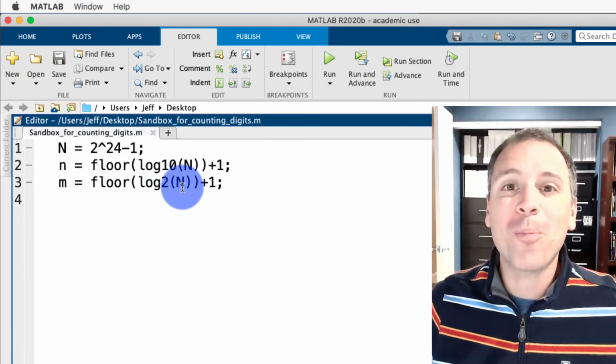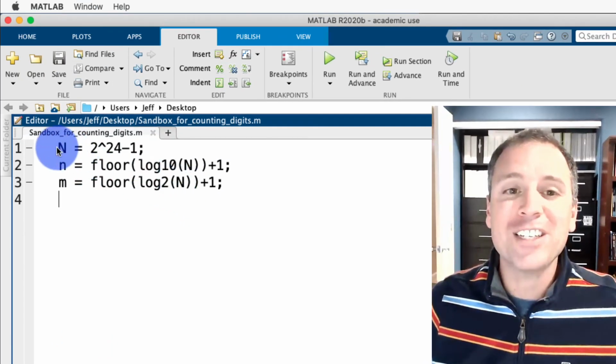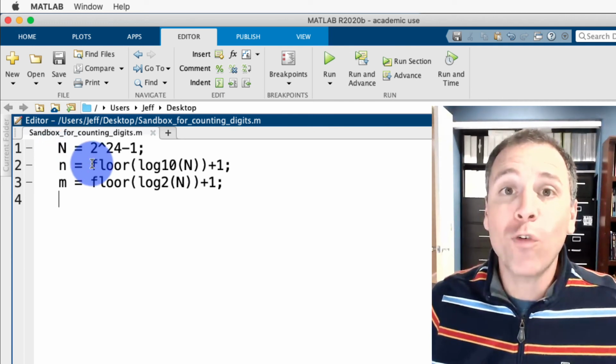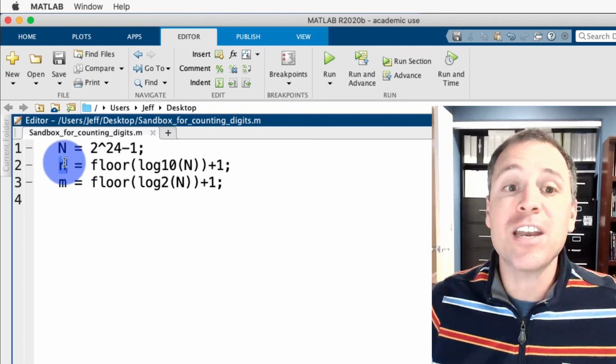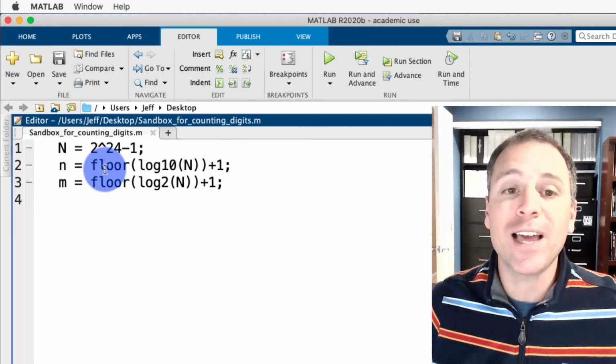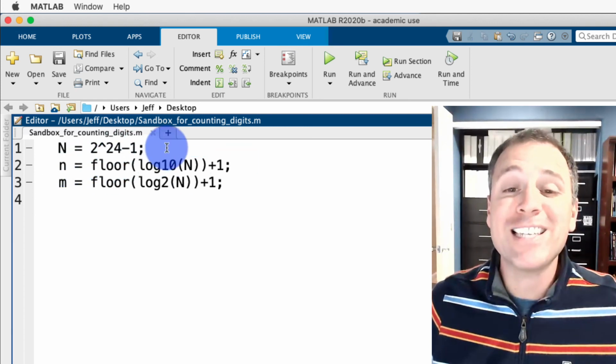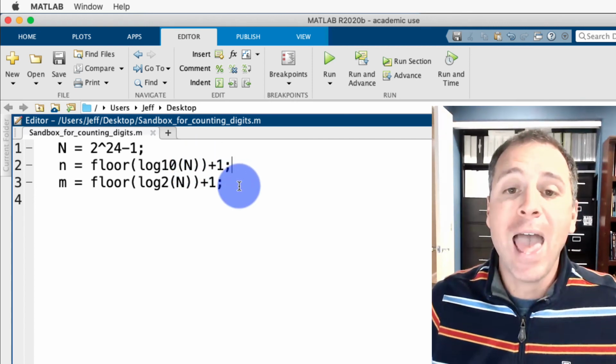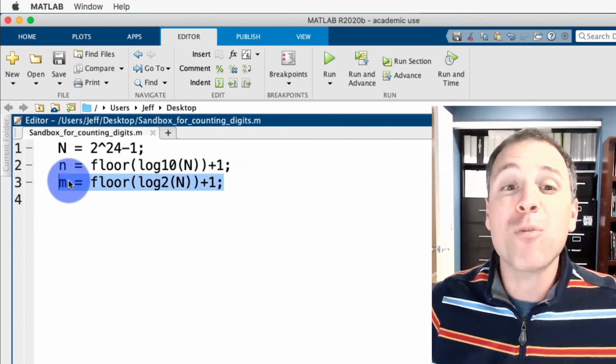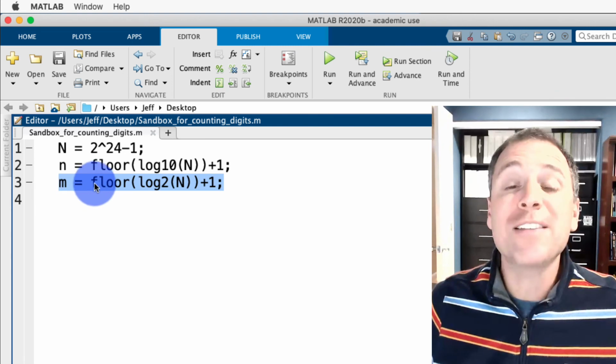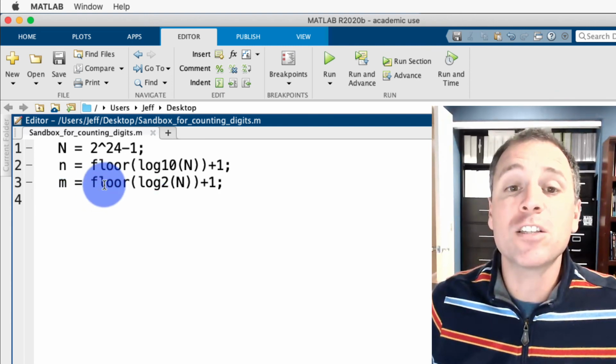That concludes the tutorial portion of this video, where we've actually seen for any unsigned integer, we now have closed form formulas that tell us the number of decimal digits that we need. That's given by the floor of log base 10 of that natural number plus 1. And then we also have a closed form formula for the number of binary digits needed to write the binary representation. In this case, it's the floor of log base 2 of capital N plus 1.